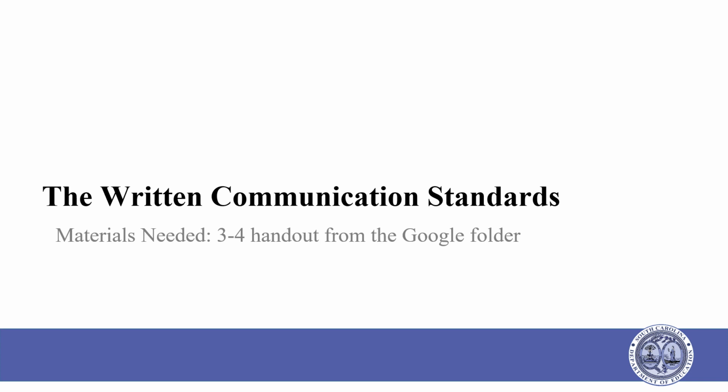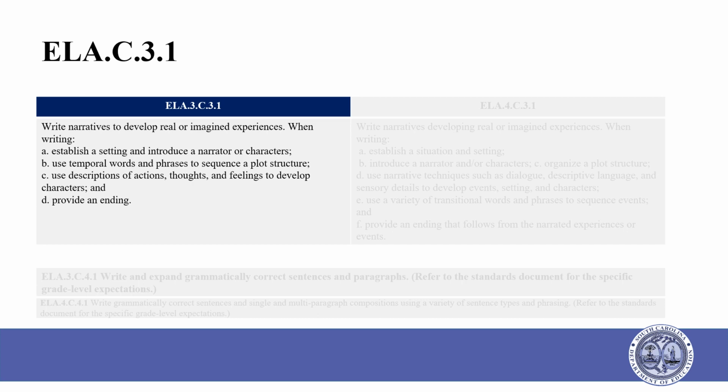Please notice that each indicator template handout is color-coded to match its corresponding assessment rubric. Grades 3 through 6 are purple, grades 7-8 are green, and English 2 is light orange. Looking at your handout with the template of the 3rd and 4th grade written communication grade level indicators, you will notice the indicator for the 3rd grade narrative writing, C 3.1, on the left.